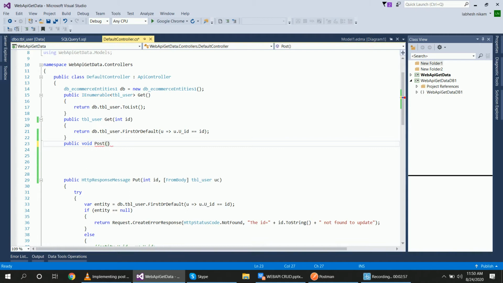Inside of post I will use the from body tag, because in the Postman application, while debugging, we require to debug this method in the body. And what is your table name? tbl user. Give the object user.